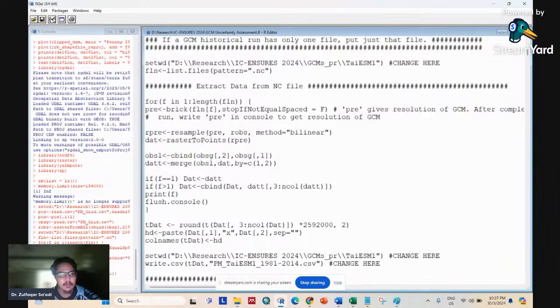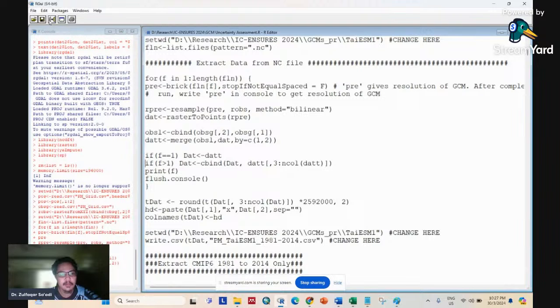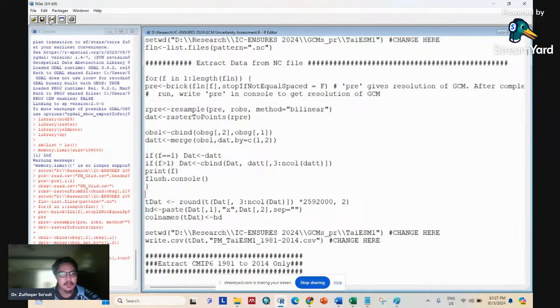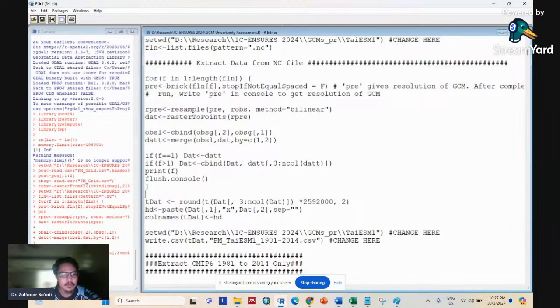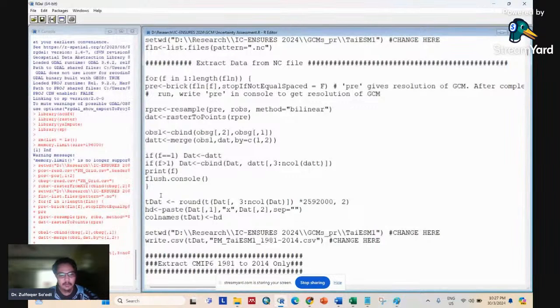And then observe here, cbind, merge it, and then cbind again. Okay, now it's extracting the GCM just now. So you see only one file here, so it only gives you one value in the console here. Now if we run pre,